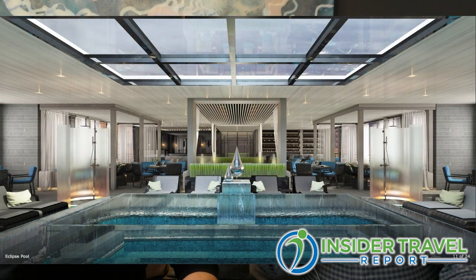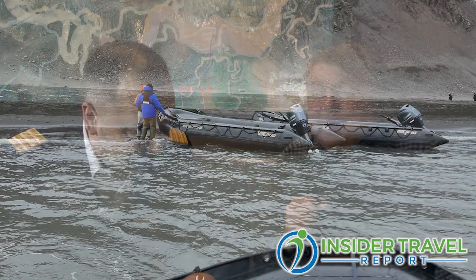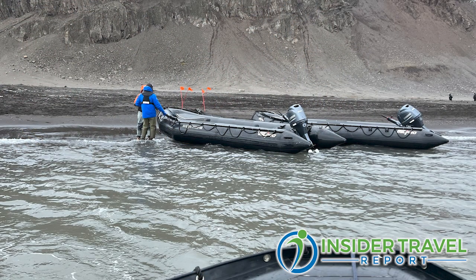I thought it looked great when I saw it back in 2019, but have confirmed it really is a beautiful ship. Is the color therapy working for you in the evening when you have the nice lamps that are going red along the bed? I use it a little bit there. Yeah, I'm actually just trying to read. By the time I get to bed, I'm just ready to drop because I work a lot of part of the night, and then during the day we're doing all these incredible excursions